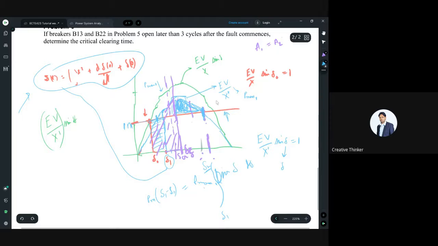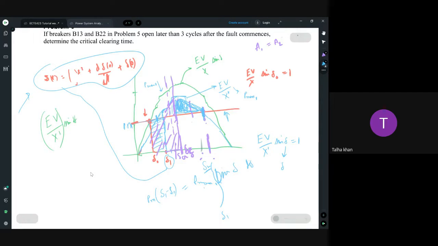Now the next deacceleration is going to happen because of the electrical power. So this curve is basically the electrical power curve. We will find the area under the electrical power curve, which is the excess of the mechanical power. Sir, delta zero is on the red line, the mechanical power, right? So the two points we are calculating are from delta 0 to delta 1, everything under the mechanical power line, right? Yes, for the first case.